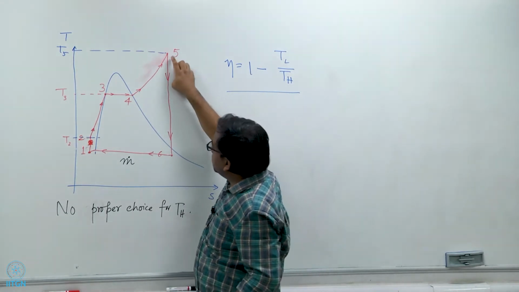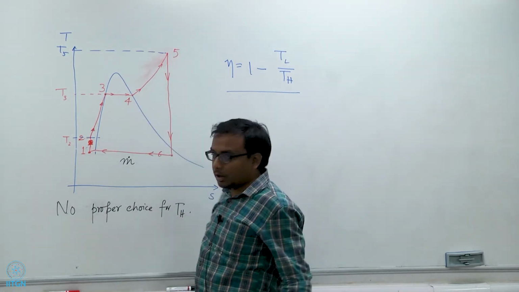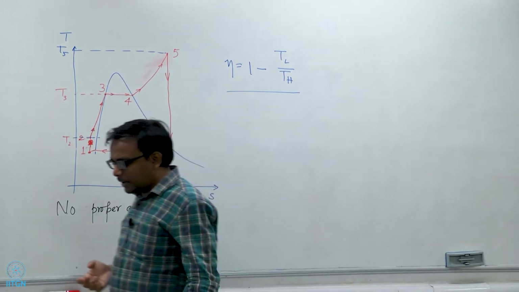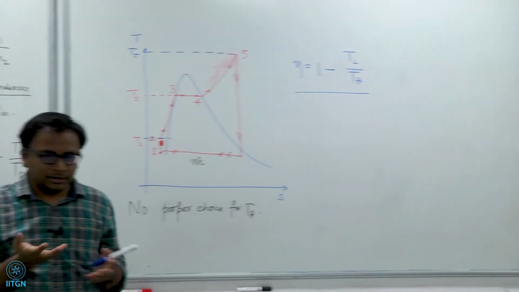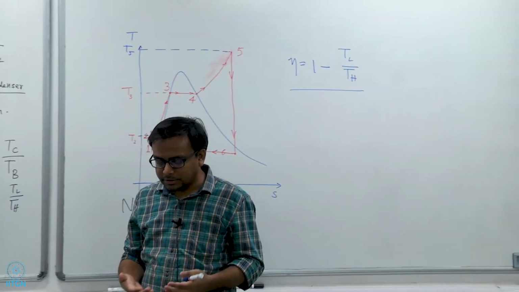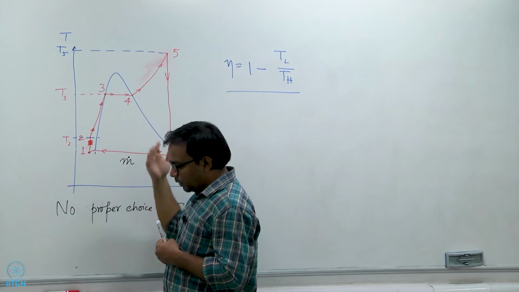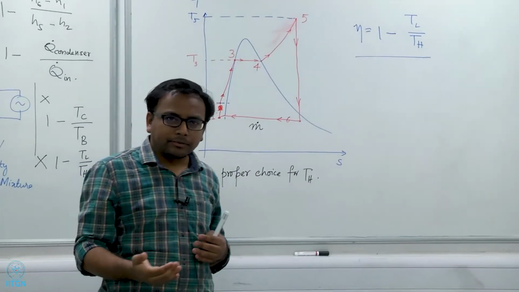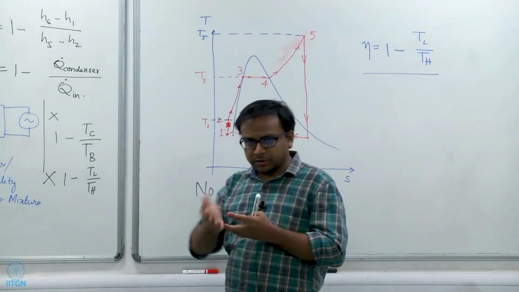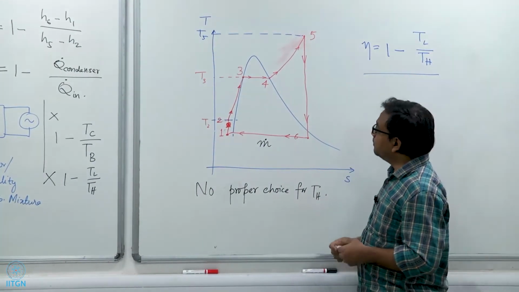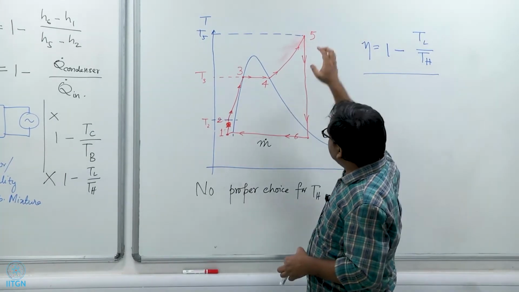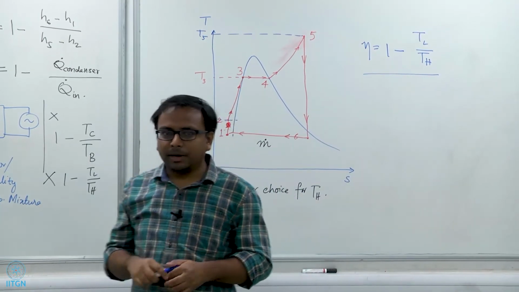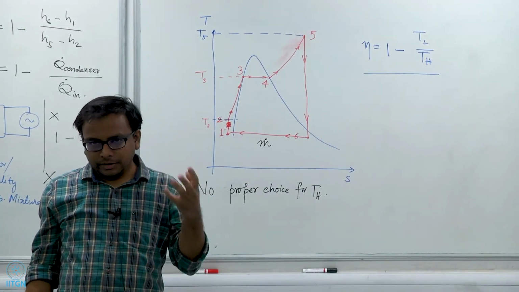However, then you might ask, okay, how high do I go? How large can T5 be? Well, T5 is generally limited by the properties of the turbine. You see, these turbines have blades, they have rotating parts, and the working fluid, the hot steam, directly comes into contact with the turbine blades. They are the ones which push the turbine blades and rotate them, which is why the maximum superheated temperature that you can achieve is somewhat limited by the properties of the material of the turbine.